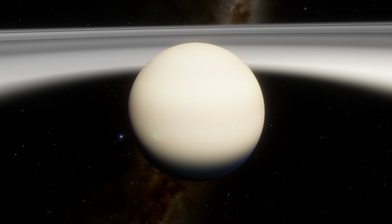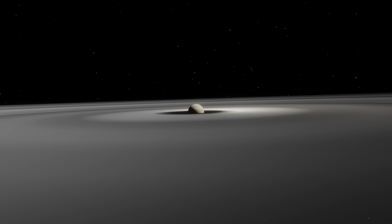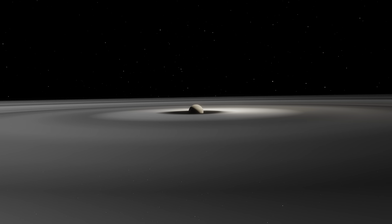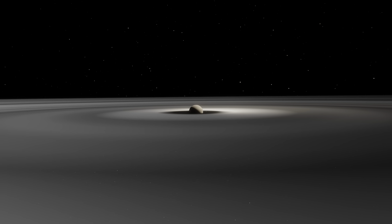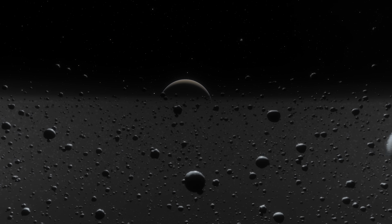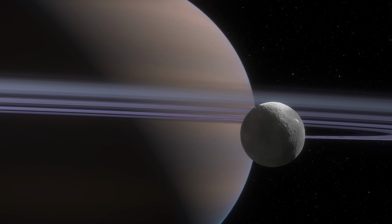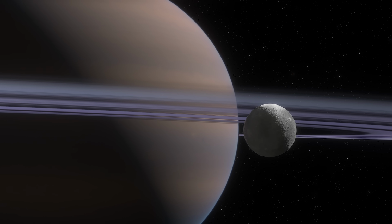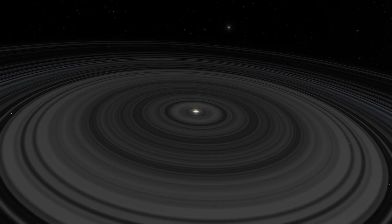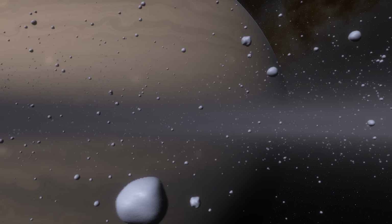J1407b is a young gas giant in the final stages of planetary formation, and these rings may not actually be traditional rings, but rather a planetary disk from within which the gas giant has formed. The material in these rings consists mostly of protoplanetary dust, and will lay the foundations for co-accretion, the birthing of new natural satellites. Because of the system's enormous scale, the vast majority of this material lies well outside the planet's Roche limit, and so it will be able to accrete into larger bodies,